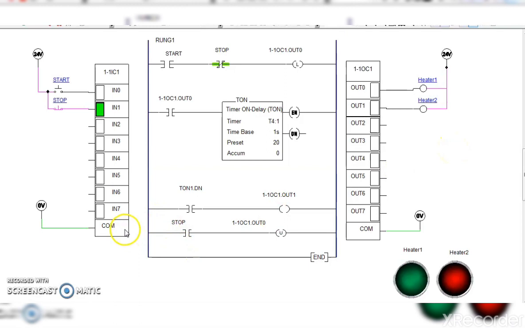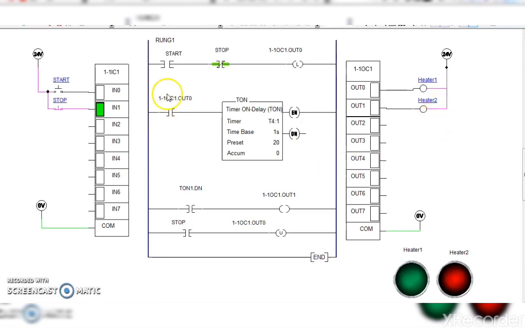Whatever input ports are there, start switch is connected to ion 0 and stop switch is connected to ion 1, while heater 1 is connected to out 0 and out 1 connected to heater 2.